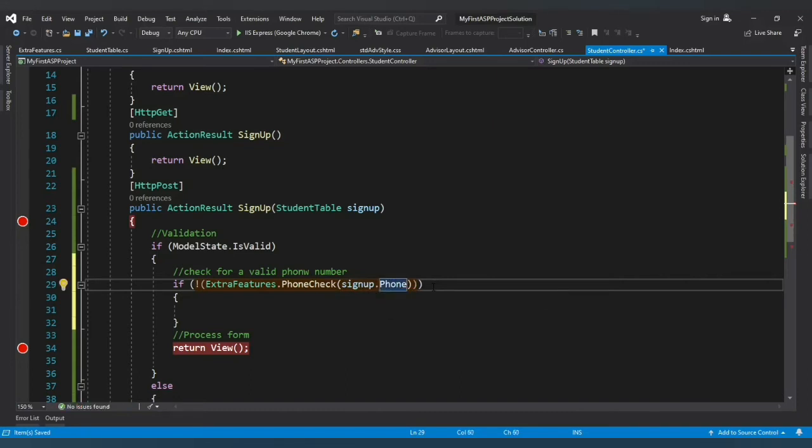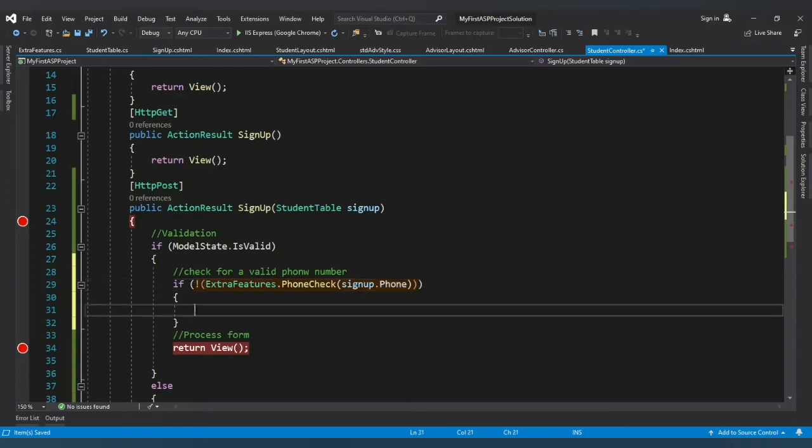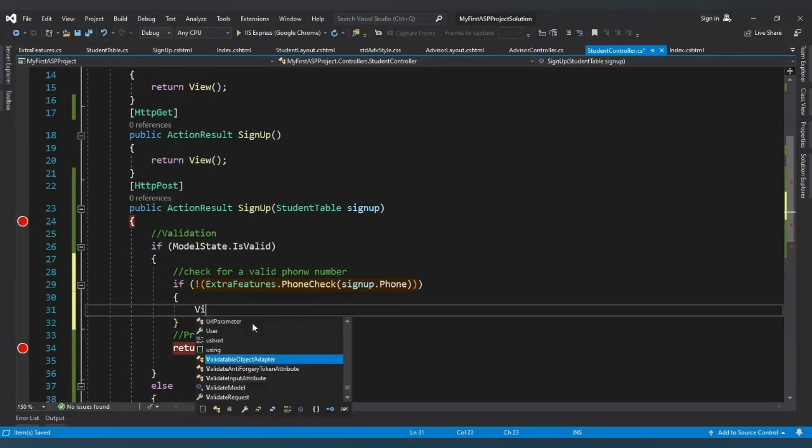Alright, so if the phone number happens to be, let's get this logic right. If it's the correct phone number, it becomes true. So if you invert it, it becomes false, so it would not come in here. If it's a wrong number, it becomes false, and if you invert it, it becomes true, so it comes in here. So in here we'll use the ViewBag